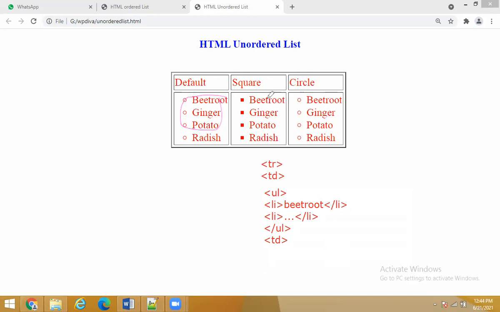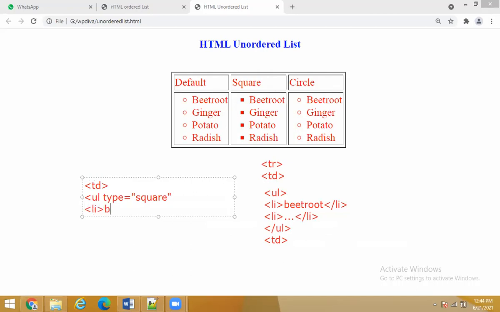So the same code you have to write for the second TD. Then you have to write the same code for the third TD, right? So how are you going to write code after this? Immediately what are you going to do? After that, you are going to open what? The second TD. Am I right? In that second TD, again, you are going to write UL. So the UL type, you are going to take it as what? Square. Okay. And then go on opening the list.